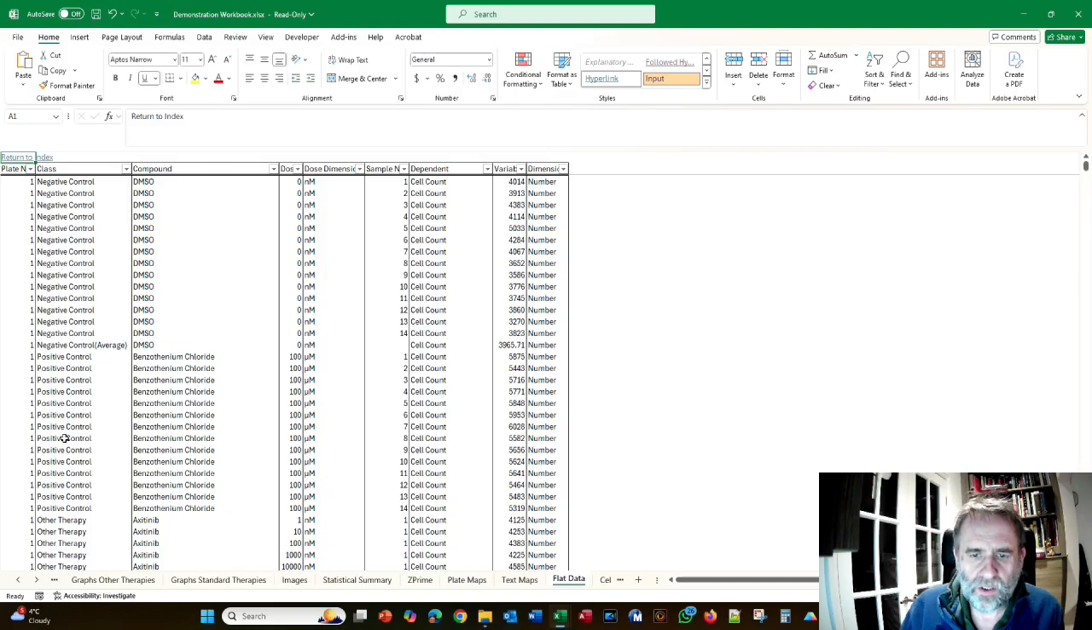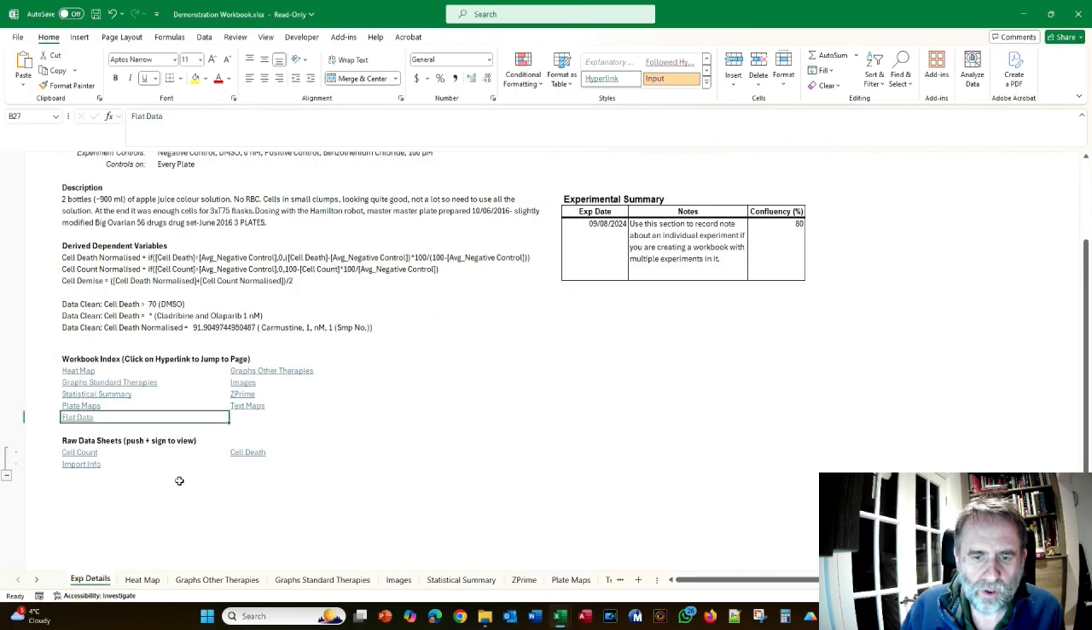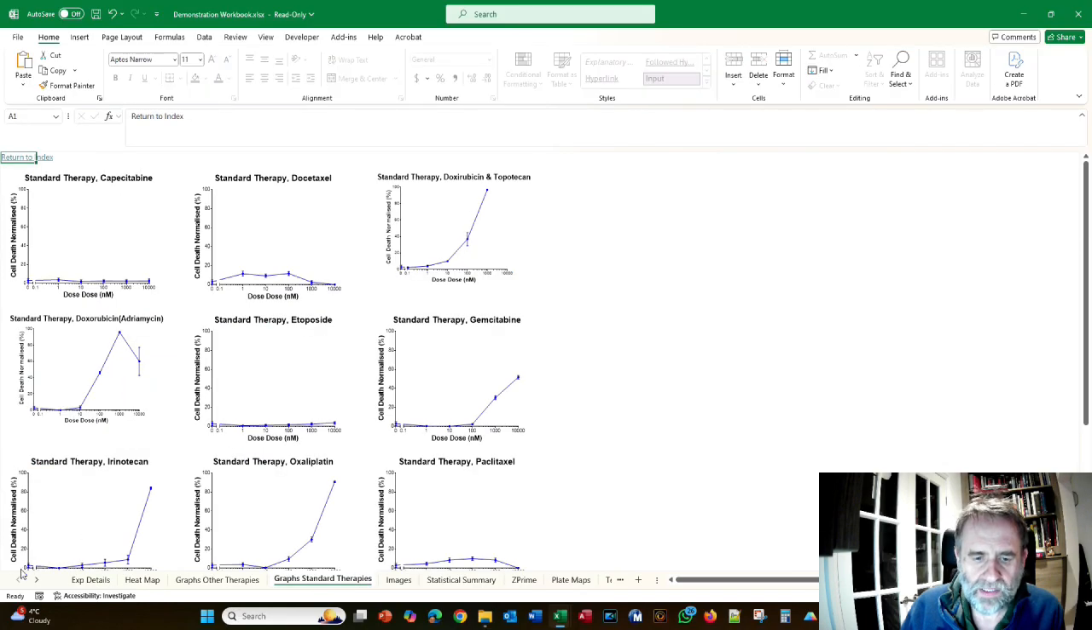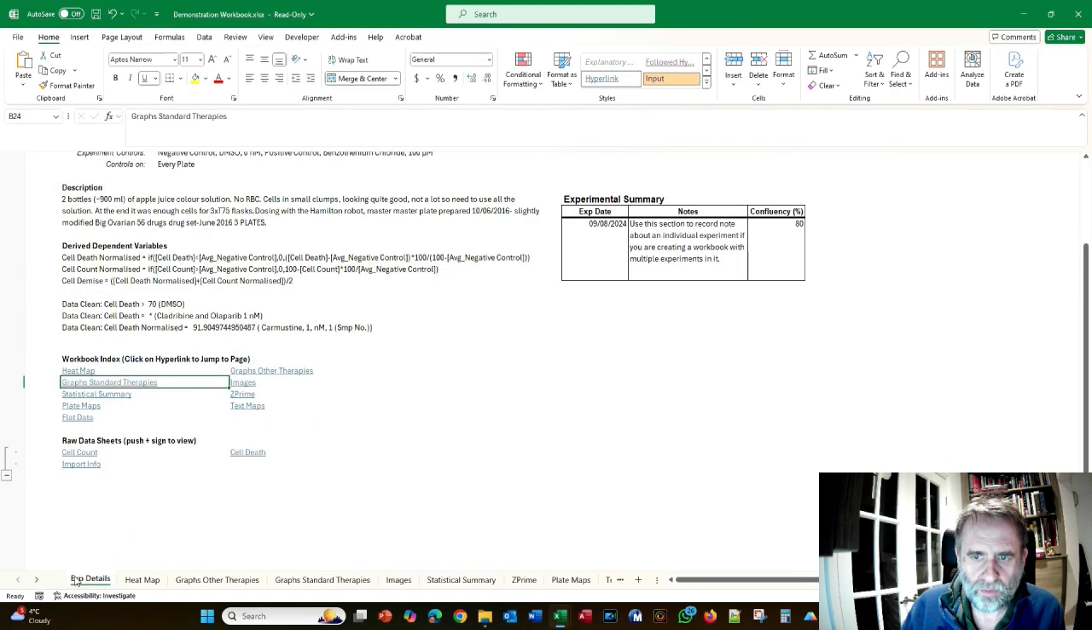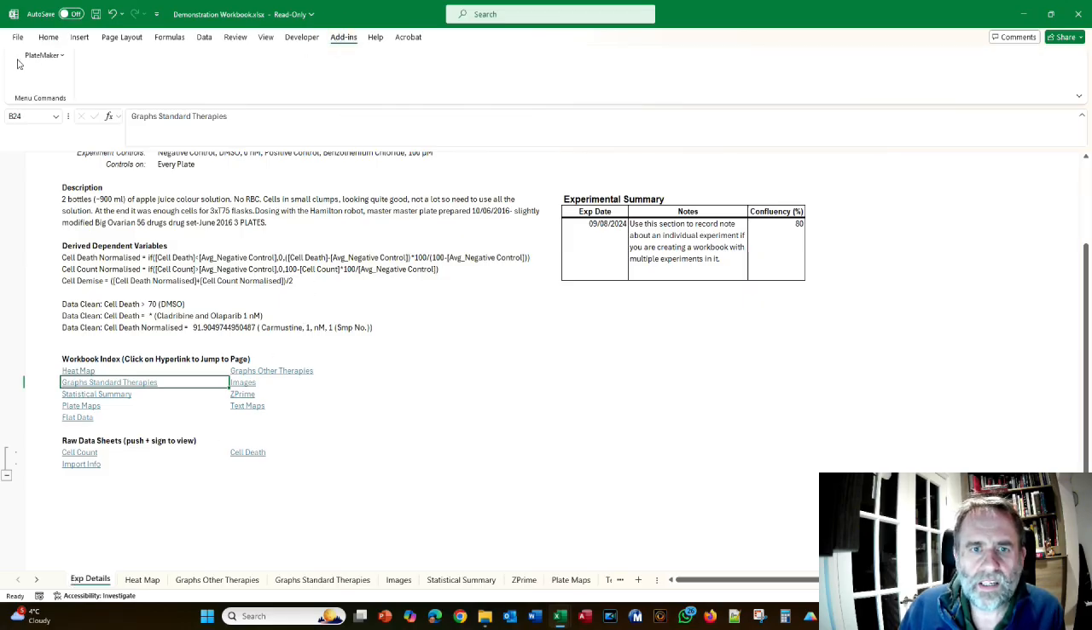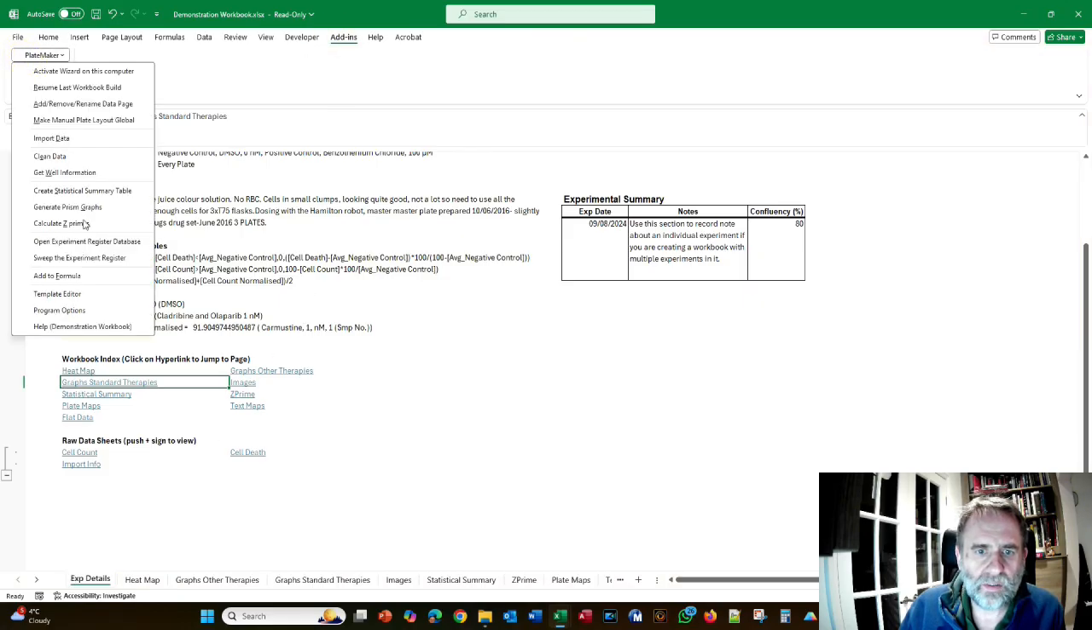So what we're going to do now, in this final section of the tutorial, is show you how you can use the Platemaker Wizard to add these final extra pages. So how do we do that? The first thing we have to do is add some more options to the Platemaker Wizard